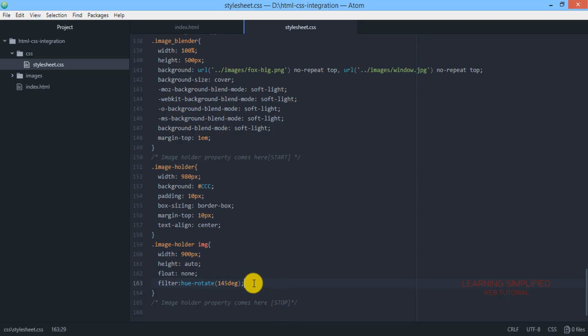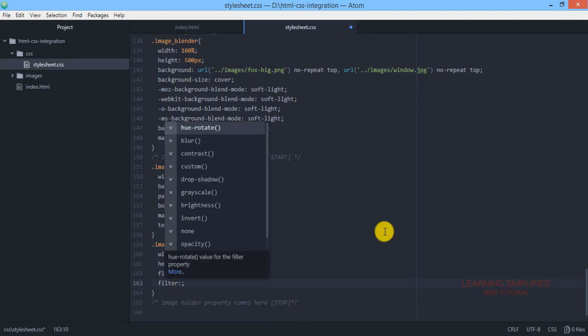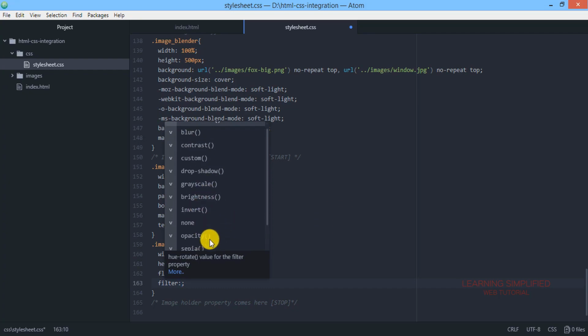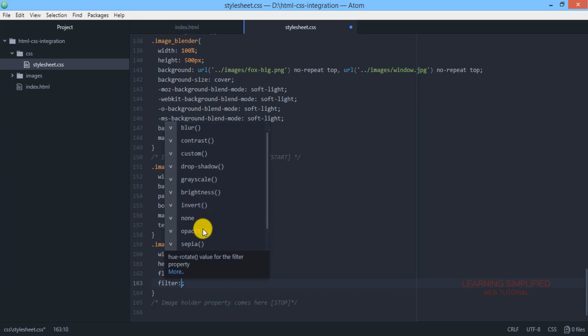There are a couple of values out there, such as this hue rotate and this grayscale. We have seen all those things: blur, contrast, drop shadow, grayscale, brightness, invert, opacity, saturate, URL, all those things are over there.